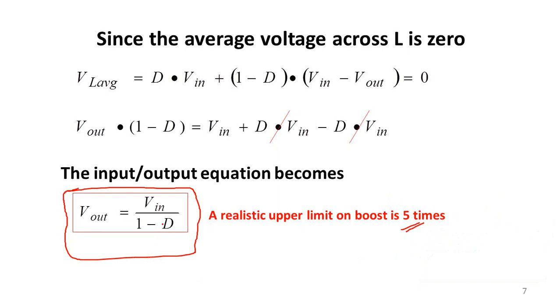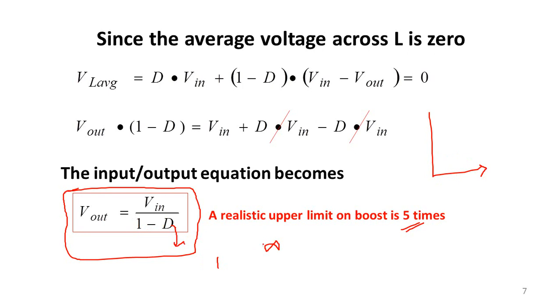I will tell you why duty cycle, when I draw PV characteristics, I would have told you that duty cycle cannot be varied beyond 1 and it cannot be varied below zero. Now you just see this equation. When I substitute my duty cycle D value as 1, 1 minus 1 is going to be 0, so your V out will become infinity.